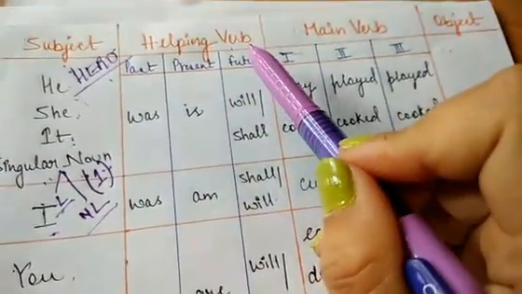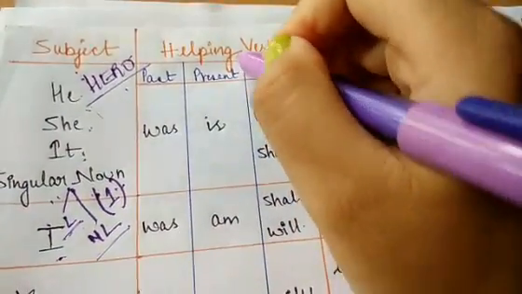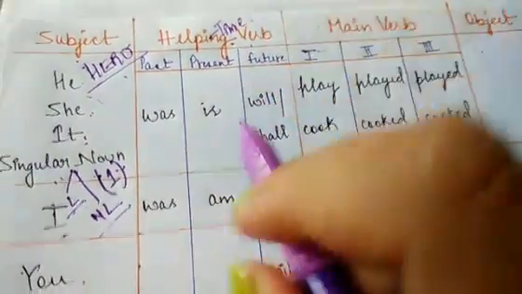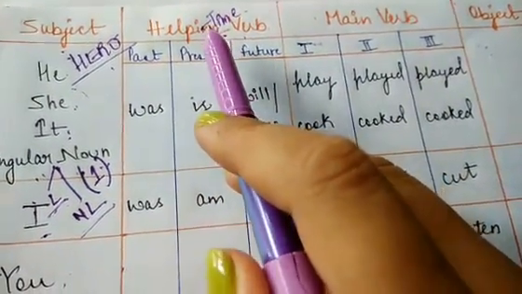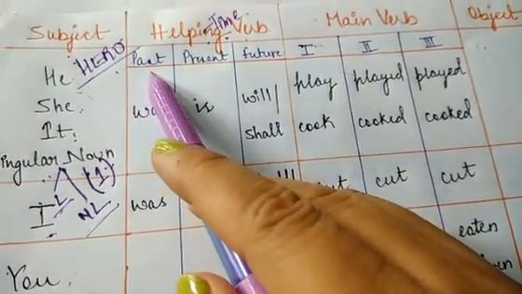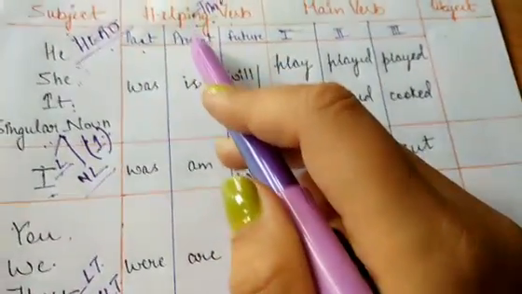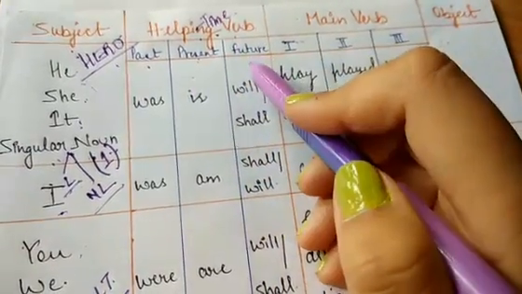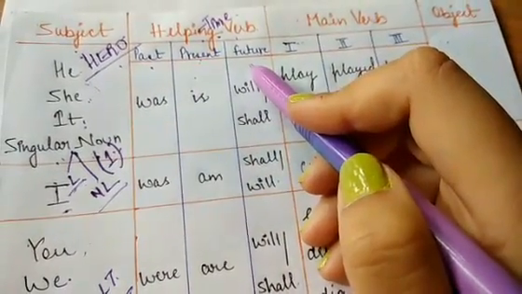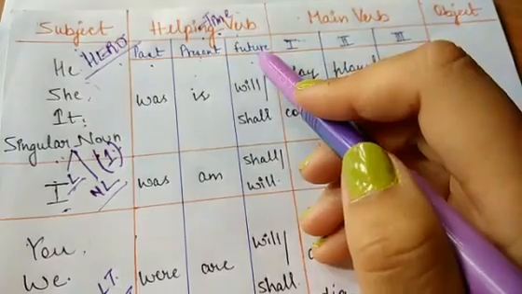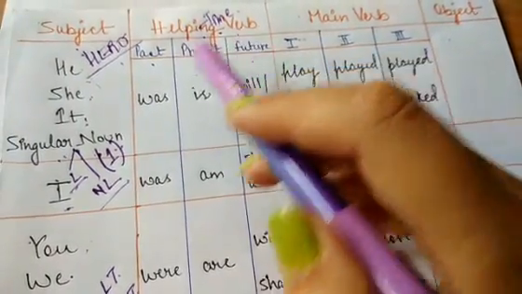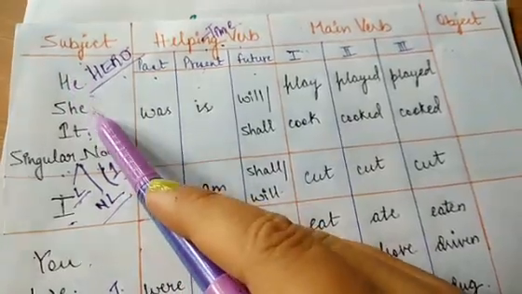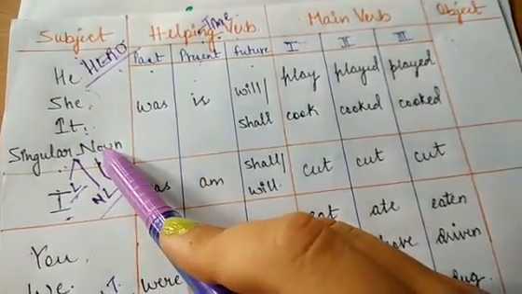Next we have the helping verb. As I said, the helping verb tells us about the time. The helping verb will tell us whether we are talking about past, the time gone, present, the time that is going on right now, or future, the time that is to come. Certain helping verbs that we use with subjects: if we are talking about he, she, it or a singular noun,